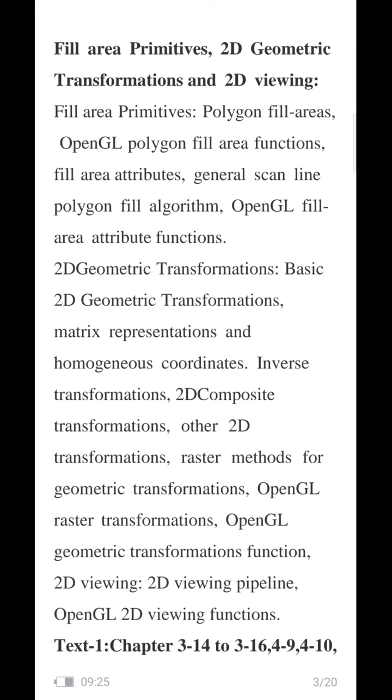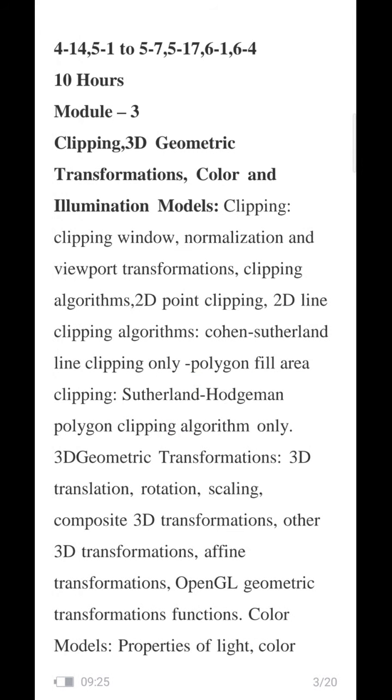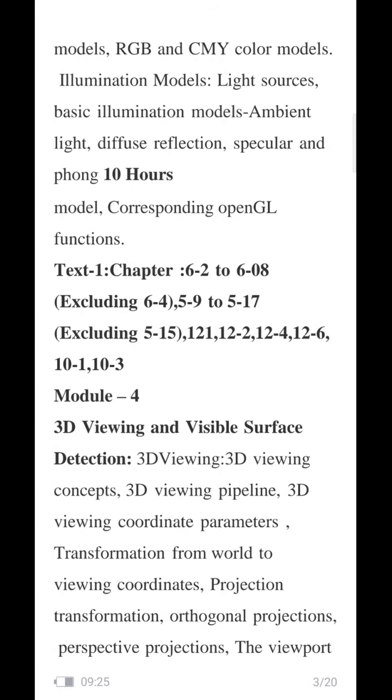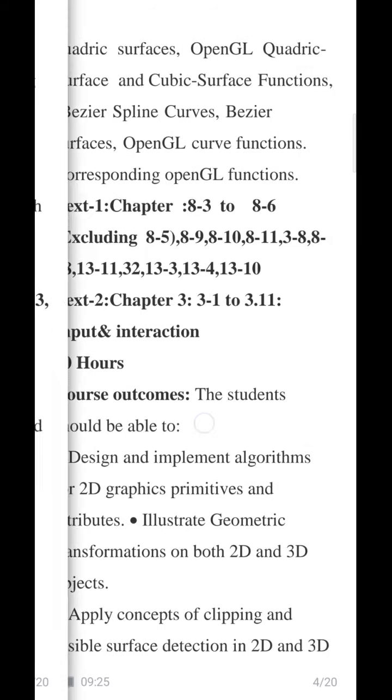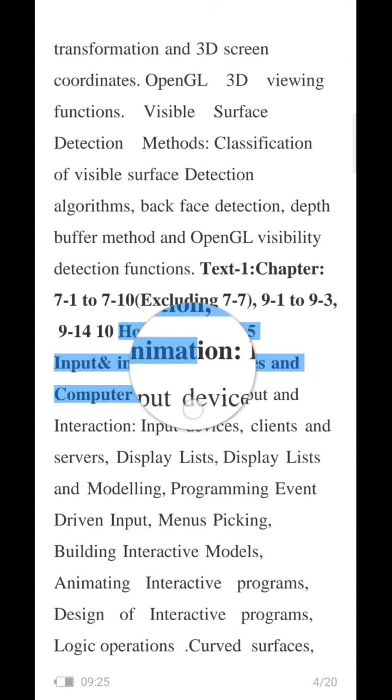The remaining pending topics, the important ones relevant to the third module, I'll be covering now. I'll discuss which topics I'll be covering now from the second module. Then module 3 is yet to be discussed, module 4 is yet to be discussed, and for the fifth module, please concentrate here. Module 5, hope this is visible, right?